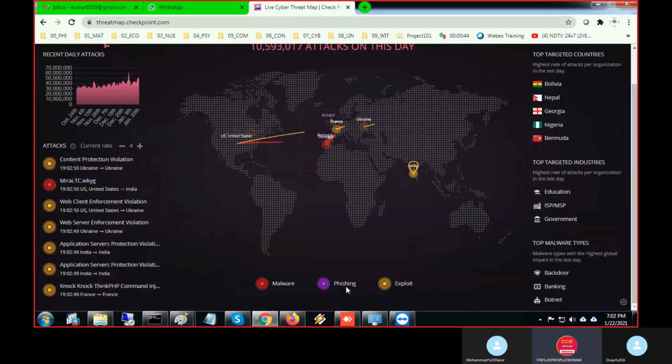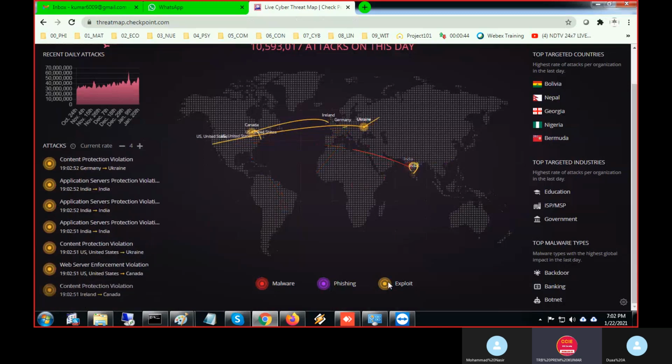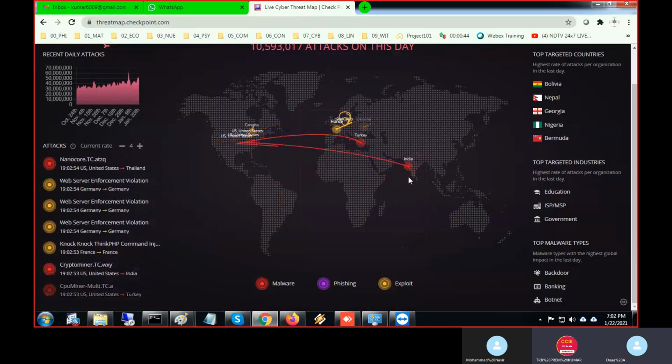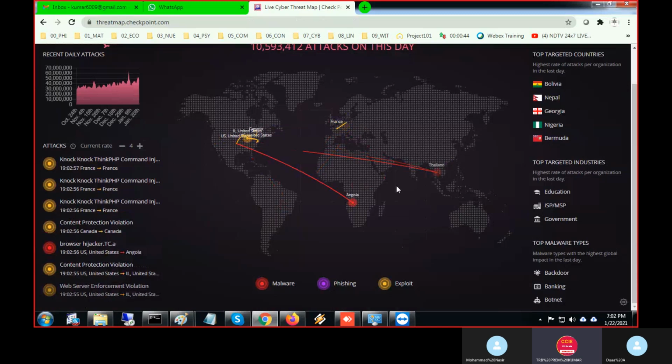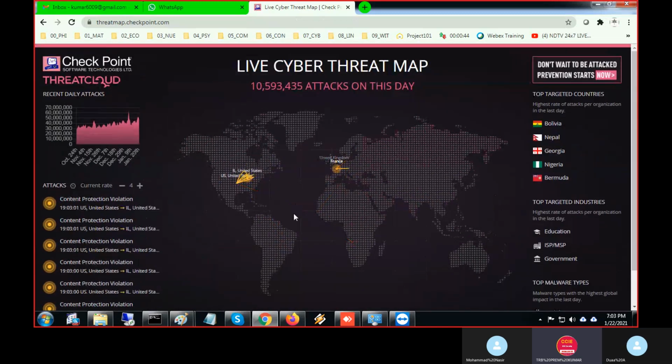Phishing is violet. Yellow is exploit. India is hitting itself. These are live attacks. Like that, you install this software in a company and it will capture and show you real attacks.